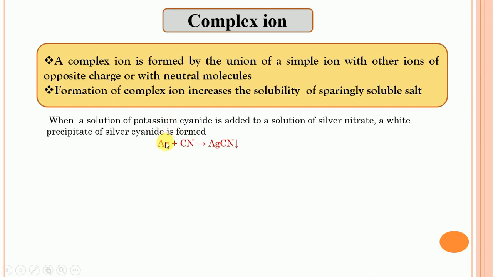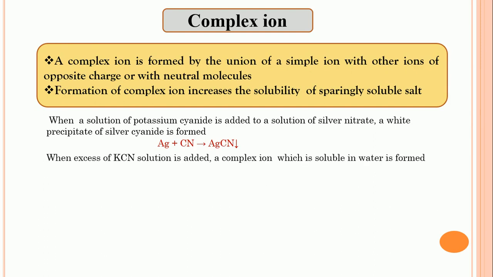Silver nitrate, that means Ag cation, and potassium cyanide. So the silver nitrate reacts with potassium cyanide, then they form AgCN. So this downward arrow means formation of precipitate, and when the precipitate is formed, a solid is formed, then we can write the arrow like this. So this is the AgCN, that means the precipitate is formed. Now